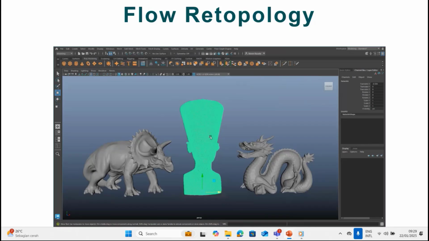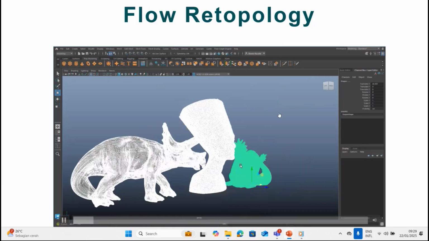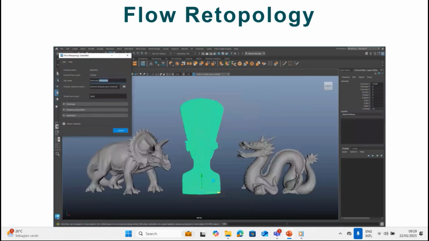Let's say previously when you did it, it took so long, especially when you import the high poly with triangulate. But see, right now Flow Retopology is inside the cloud, Autodesk Cloud, it is more easy. It's not heavy.